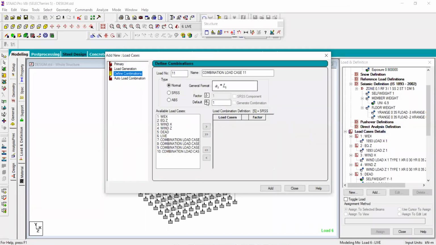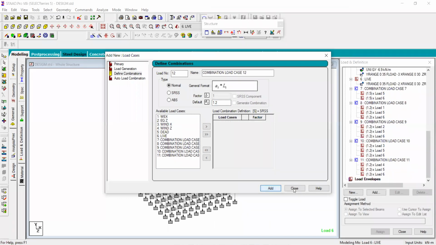Define combinations. Then the factor will be 1.2, then wind, and dead, and live, and add. Similarly, there are other combinations we can proceed with, like 0.9 dead load, earthquake, etc.